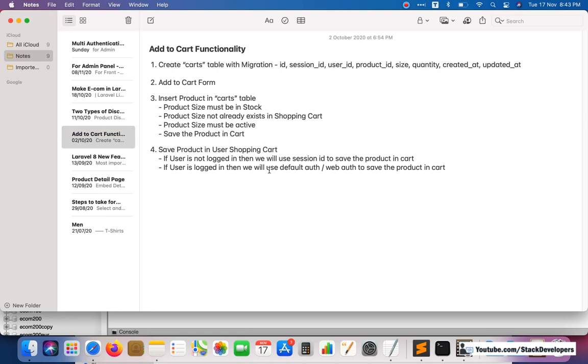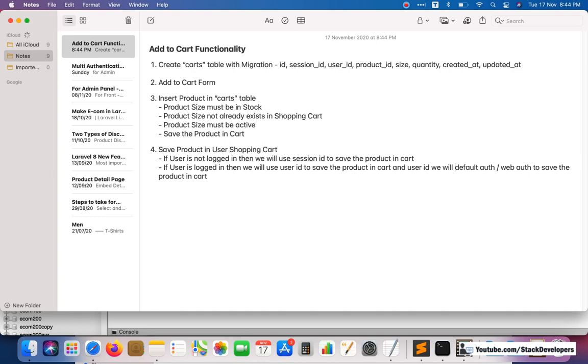So here I will also mention this one: we will use user id to save the product in cart, and user id we will get from default web auth.